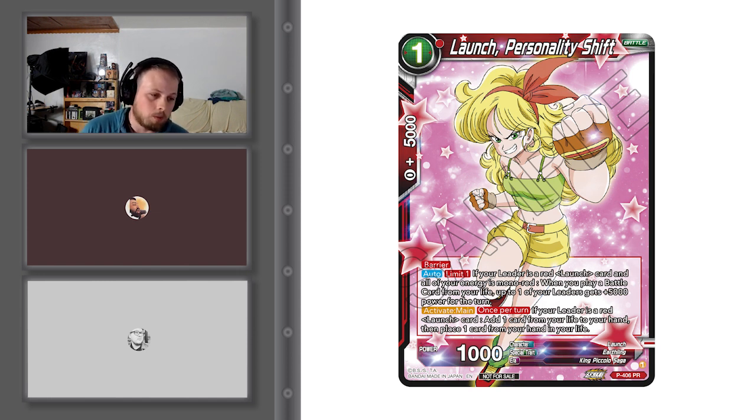Activate main once per turn. If your leader card is red launch, add up to one card from your life to your hand, then place one card from your hand to your life. So it helps you cycle out those cards for you. That way you can see the cards you want to play if you're trying to go back to a mono launch variant, which I did enjoy. I know it's not the optimal build, but